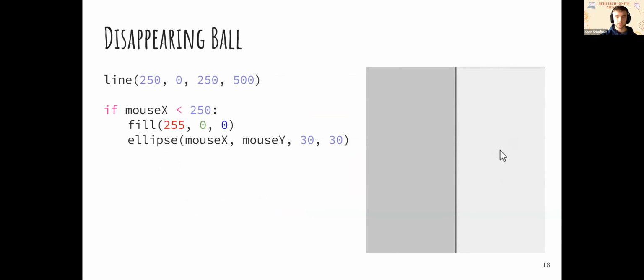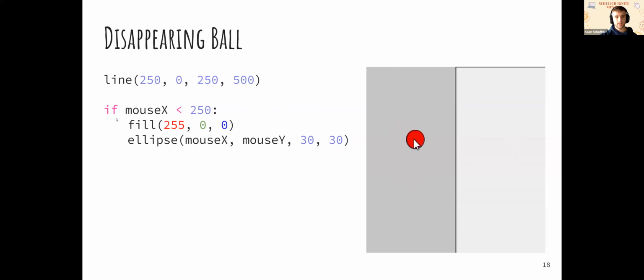So let's look at this disappearing ball example. We have a line in the middle of the screen. The line goes down the middle of the screen, and the X value of that is 250.